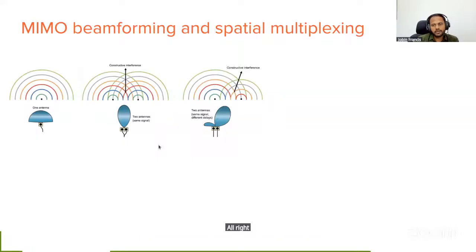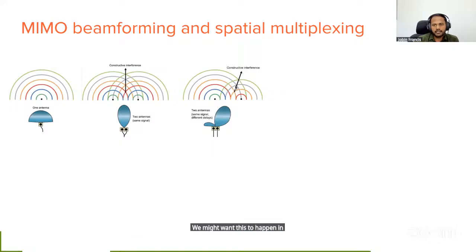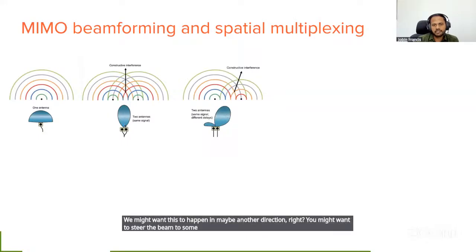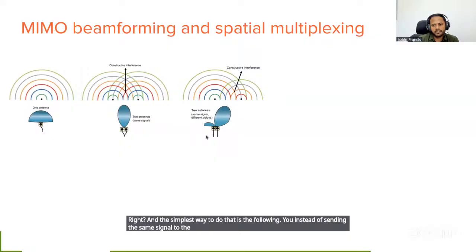Now, that alone is not sufficient because you may not always want this energy to be directed in this perpendicular direction. You might want this to happen in another direction. You might want to steer the beam to some other angle, not just this perpendicular or broadside direction here. And the simplest way to do that is the following. Instead of sending the same signal to the two antenna elements, you send them signals with a slight delay,